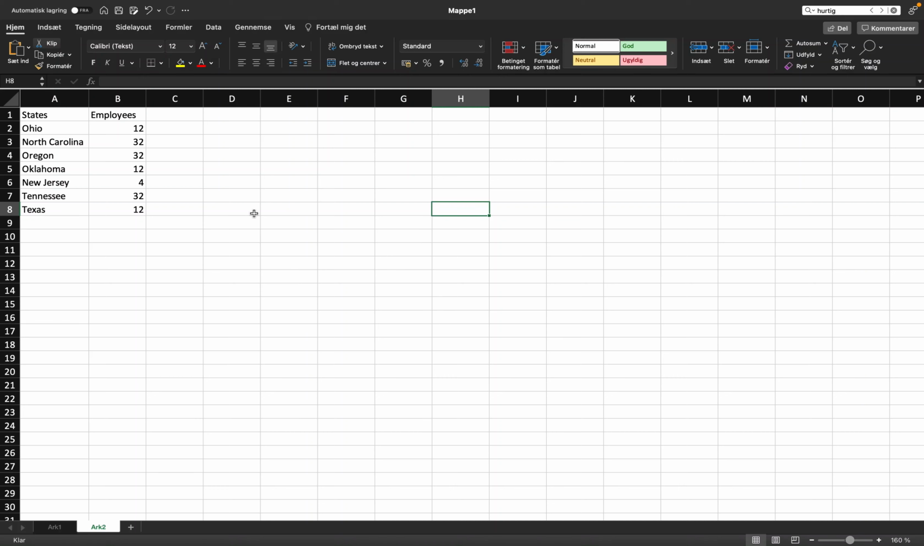So in this short tutorial, we're going to look at how we can utilize maps in Excel. So here I have a short data set of states in the United States along with an amount of employees in each state. So the way that we are going to use this is just select our data set, go